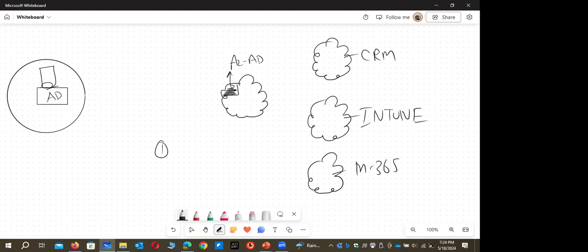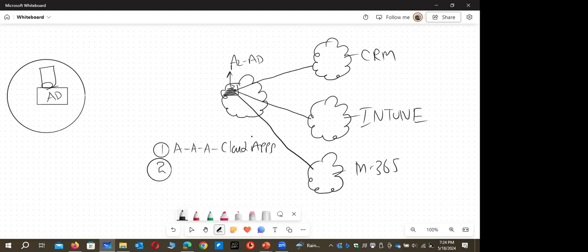So the first point is you need authentication, authorization, and access for cloud applications. So Azure AD is doing authentication of any of your cloud applications. So first question, why do we need Azure AD? We need Azure AD because it does authentication, authorization, and access for cloud applications. If you don't have a cloud application, you don't need Azure AD. So that's the first point why you need Azure AD. Second point,